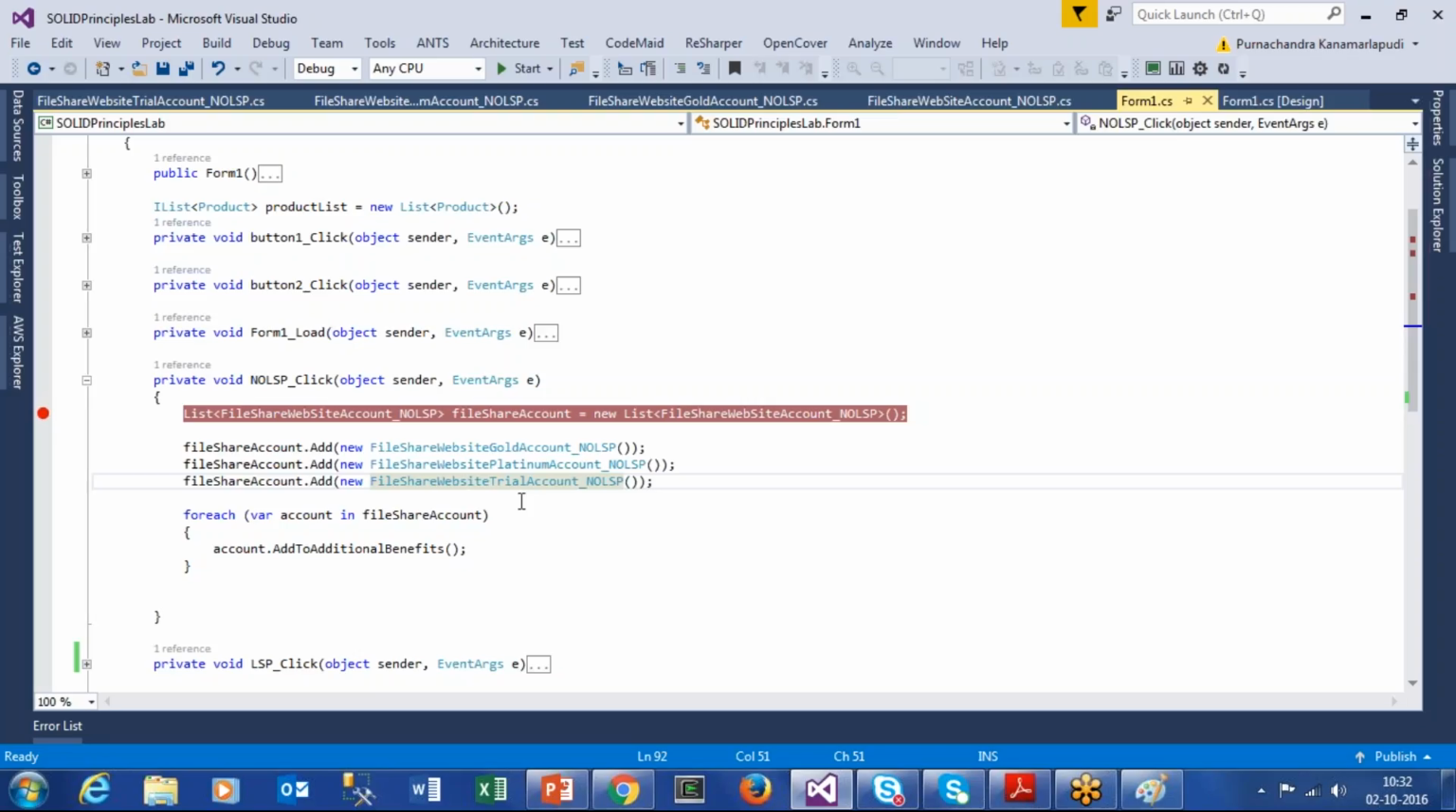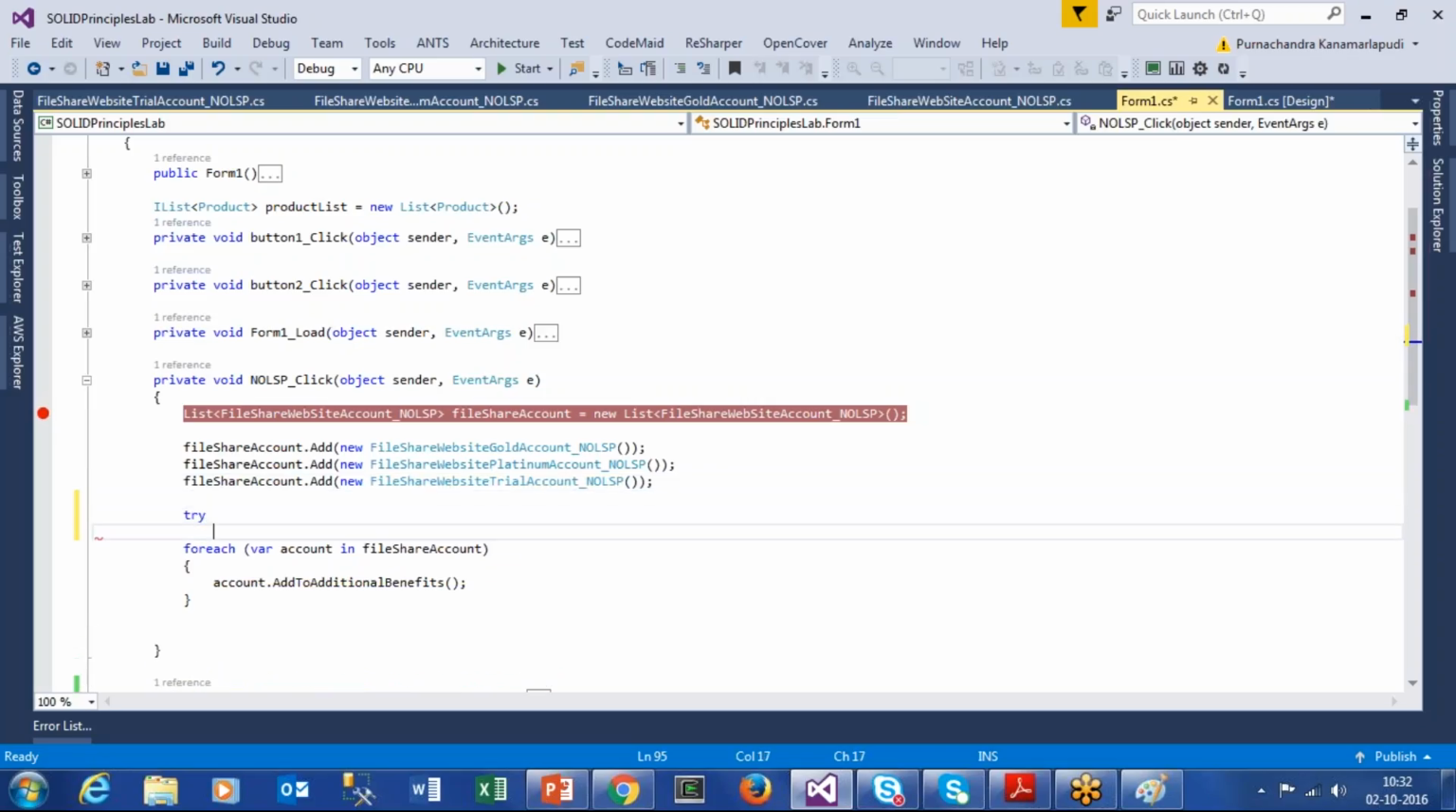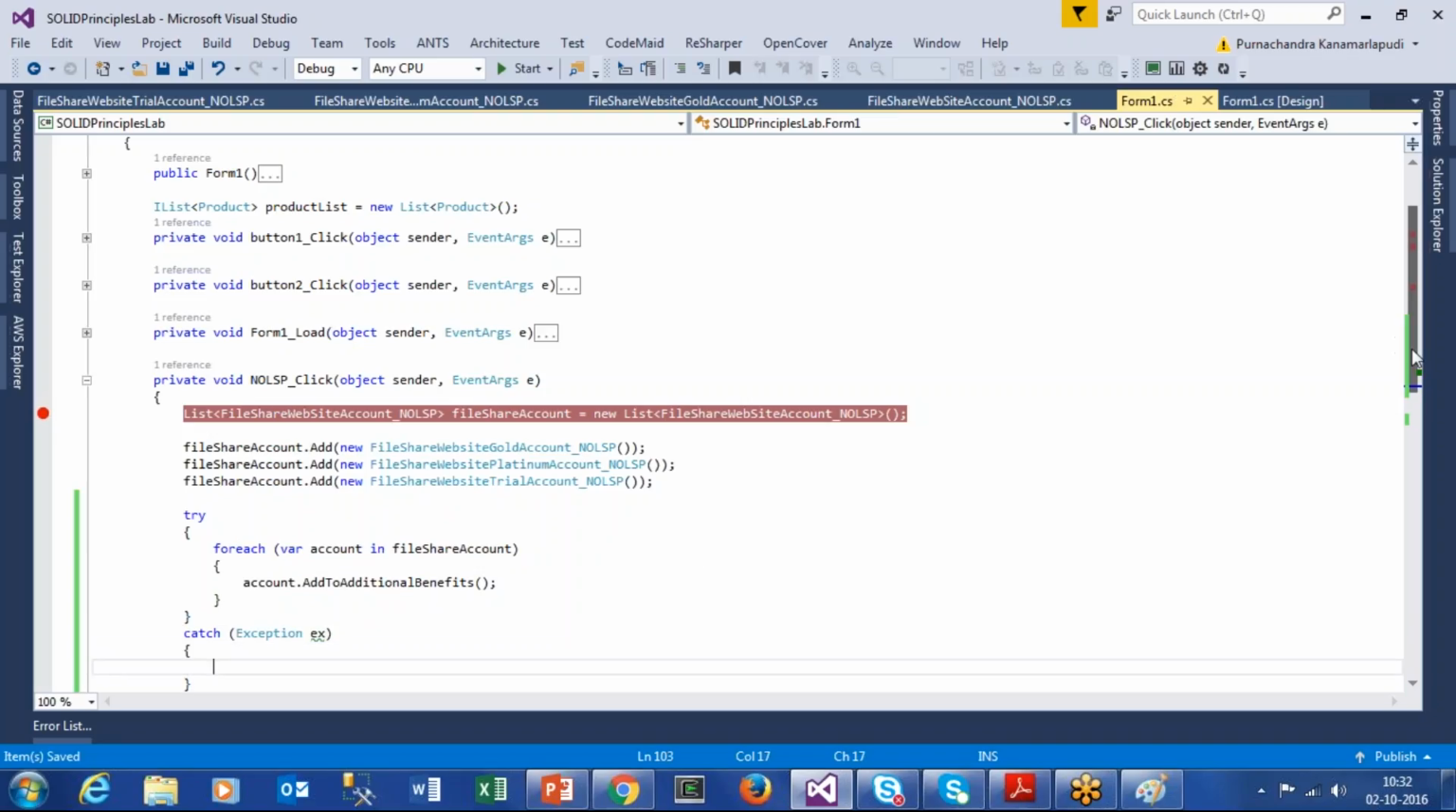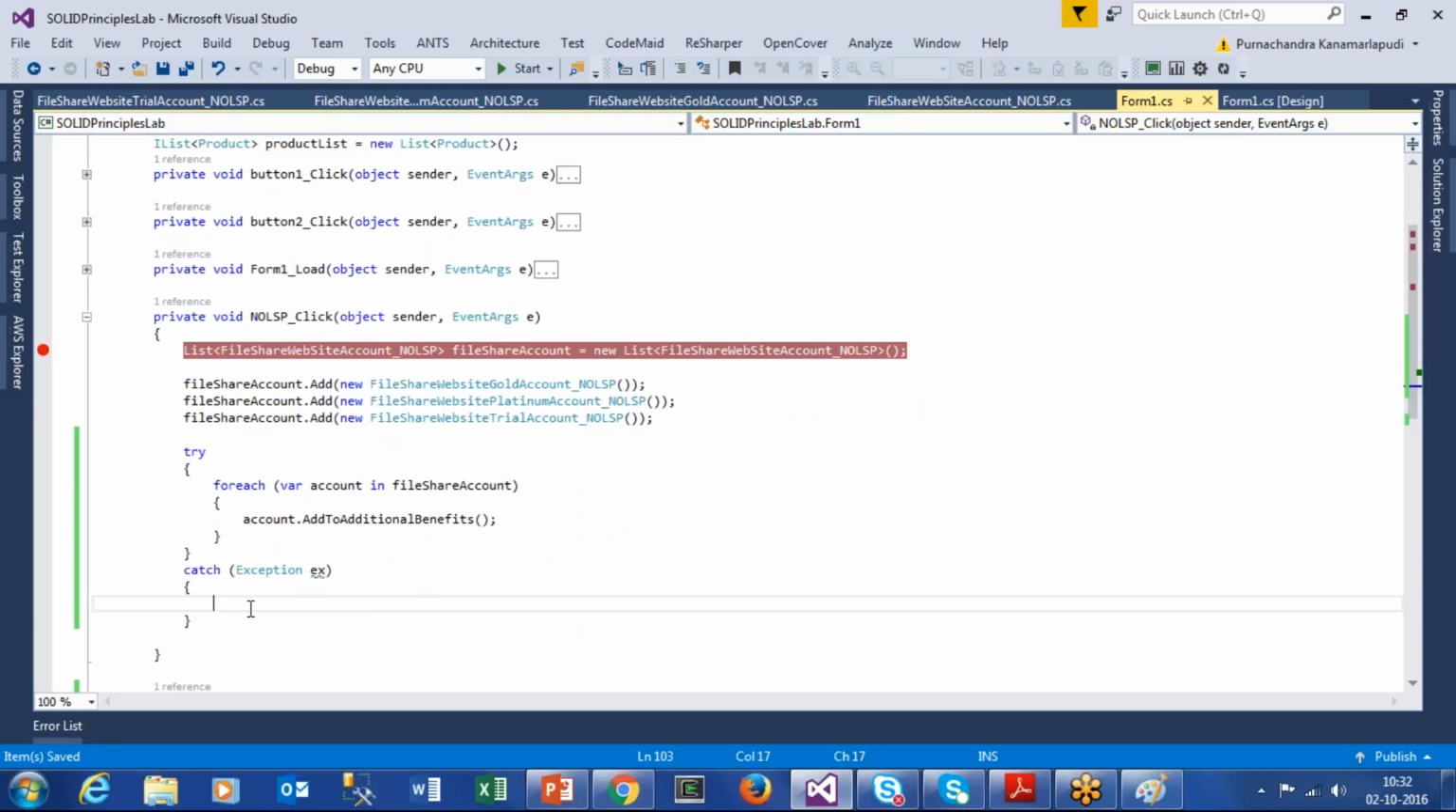Some people may argue, so what's the issue here? I can put some try-catch block and handle that, right? They can handle. Yes, obviously, when you do it like this, your flow will not get disturbed, and it will continue. But the point here,